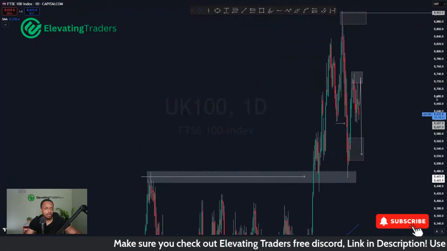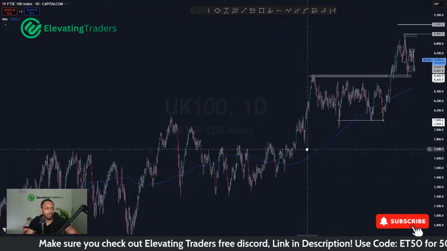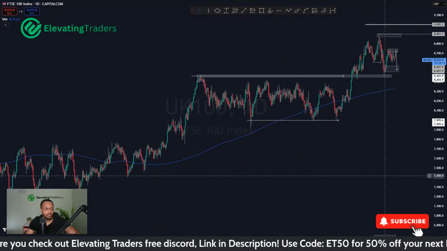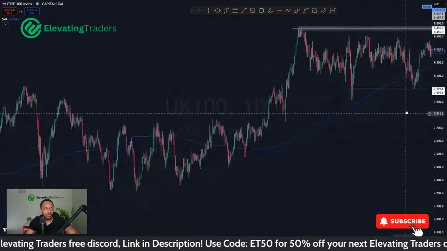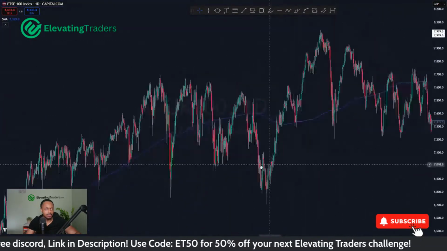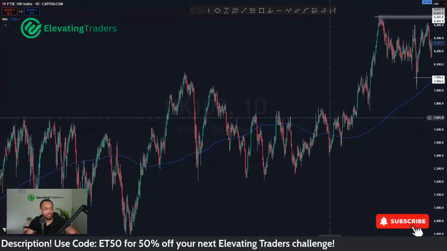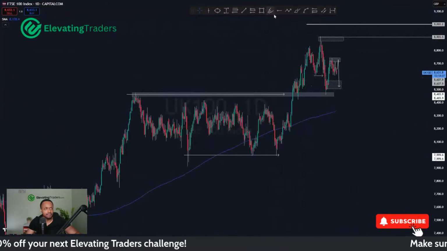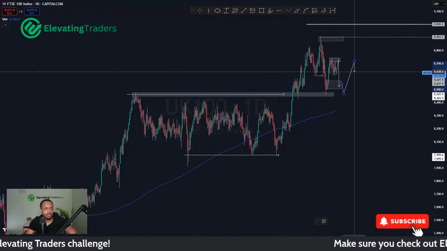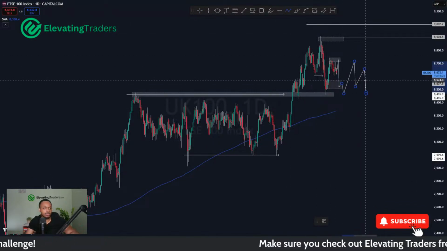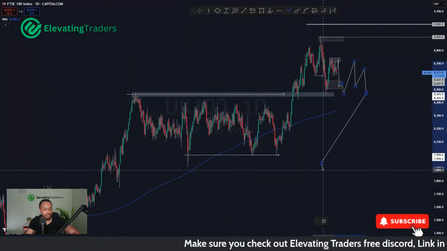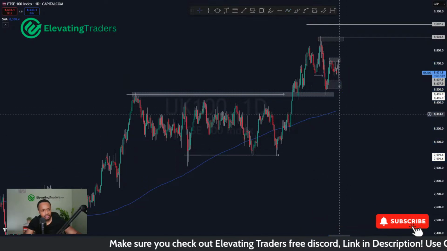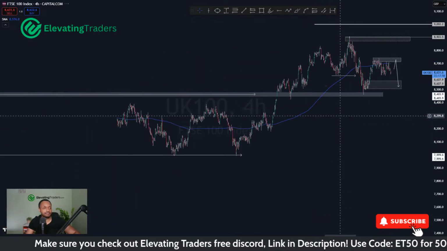Again, with the UK 100, we are still very bullish, but I do think we're going to come back into a bit of a consolidation phase. Typically, when price does have its breakouts, that is followed closely behind by a big consolidation, as we can see. I do think we're probably going to get something similar to that with the UK 100 pretty soon. But yeah, at the moment, shorts look pretty good.